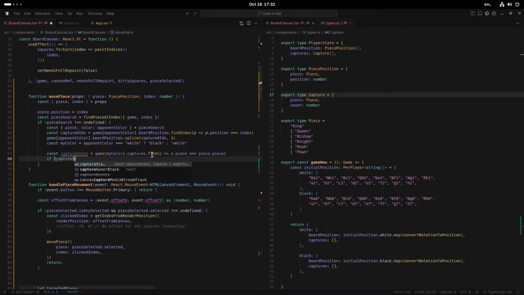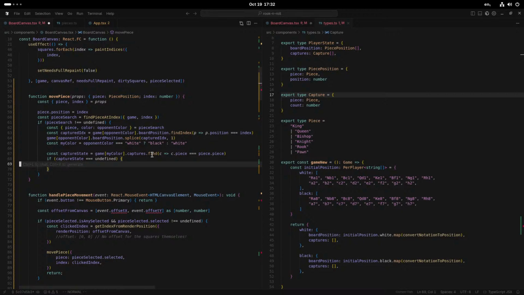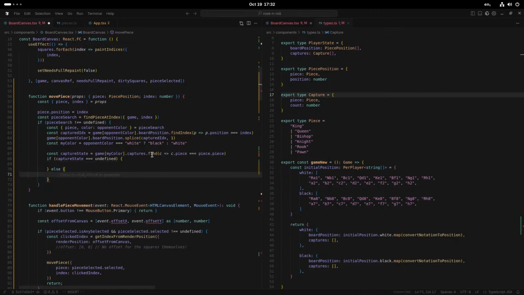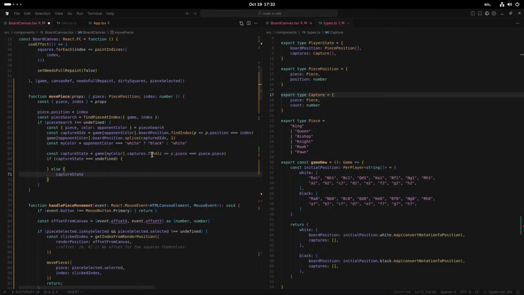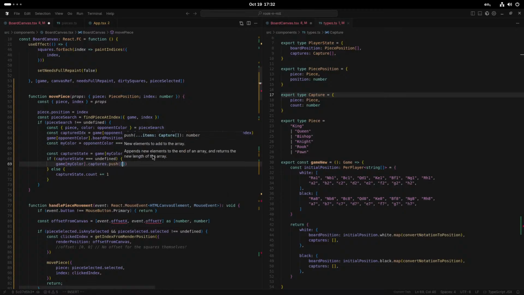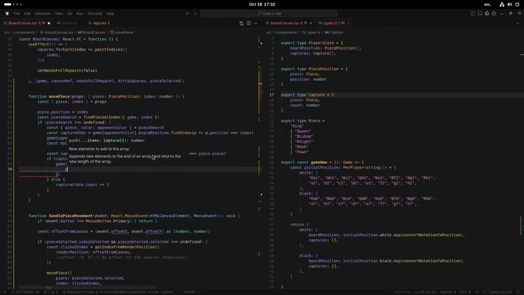If captureState is undefined, add a new one, else captureState dot count plus equals 1. If it's undefined, we're going to have game myColor captures dot push piece,